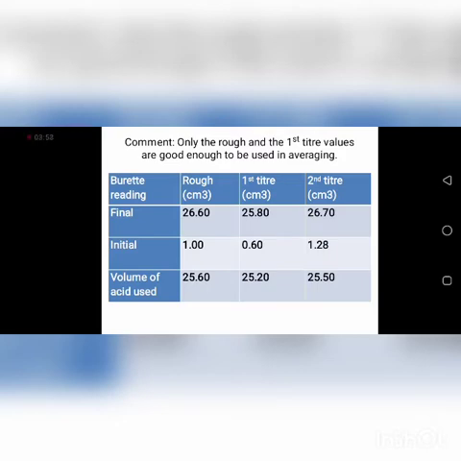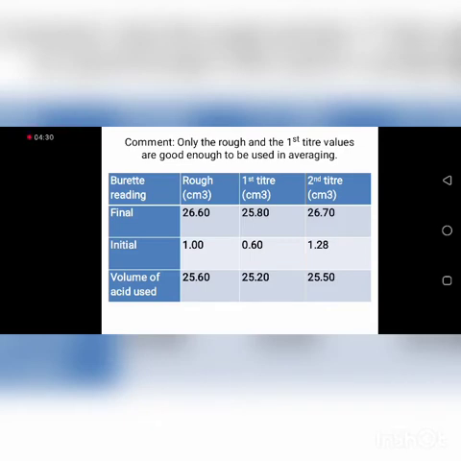So now the 25 point, only the rough and the first titre values are good enough to be used in averaging. So if you look at the first one, 25.60 minus 25.20, the difference is